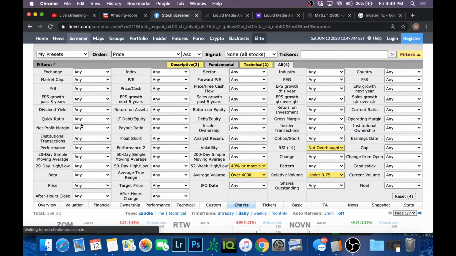And I hope that was interesting for you guys. Okay, so when I'm searching for DD, what I'm usually